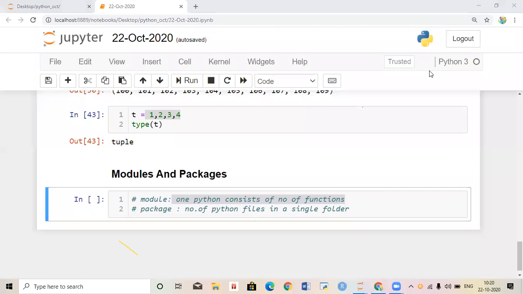In this place, the location is mandatory. I am creating the module in the same location. I want to create one Python file in the same location, where I am writing 22 October 2020. Why? Because I want to import that module into this program. That's why the same location.